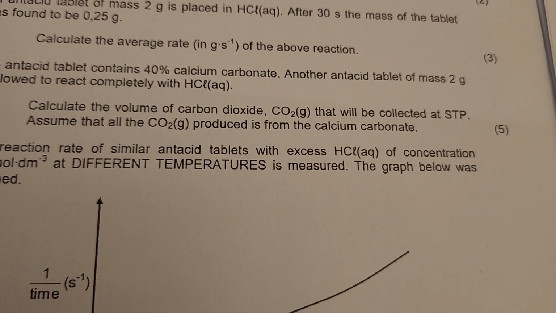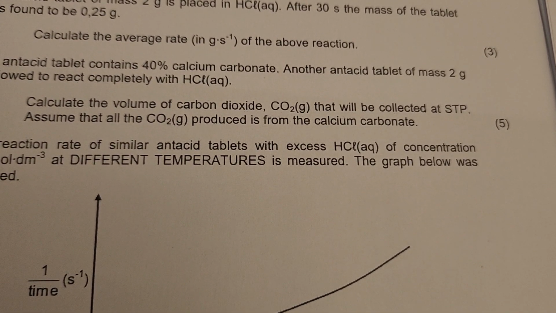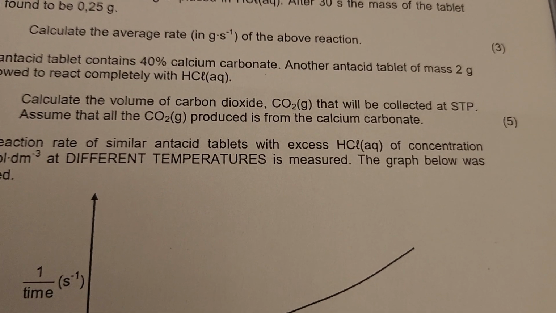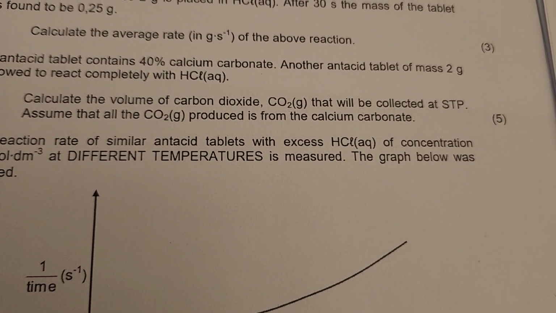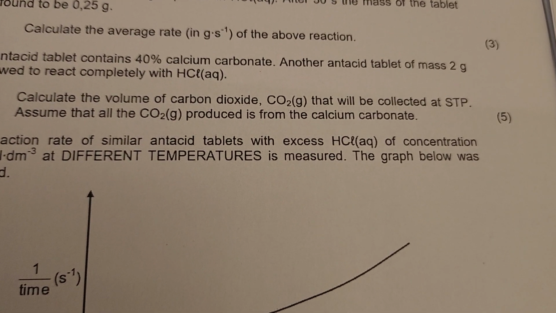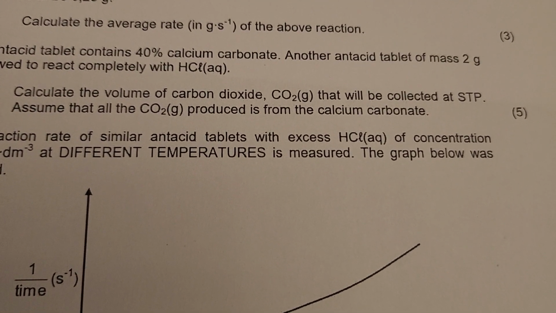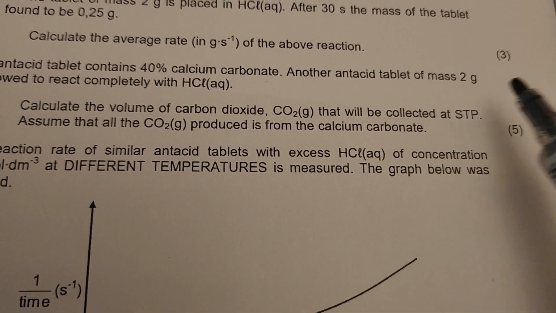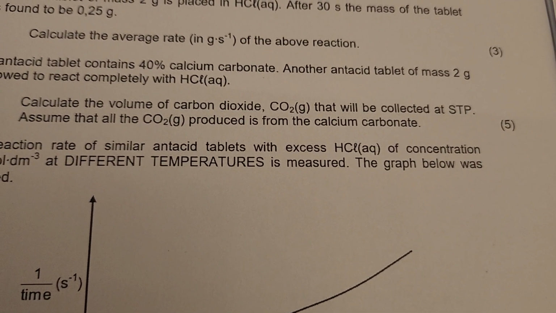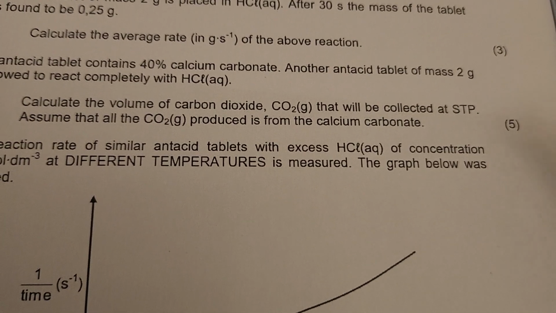Remember STP, standard temperature and pressure. Assume that all the carbon dioxide produced is from the calcium carbonate. Therefore, in this case now, to make matters simple, you have to calculate 40% of the 2 grams, because they say out of the 2 grams, only 40%